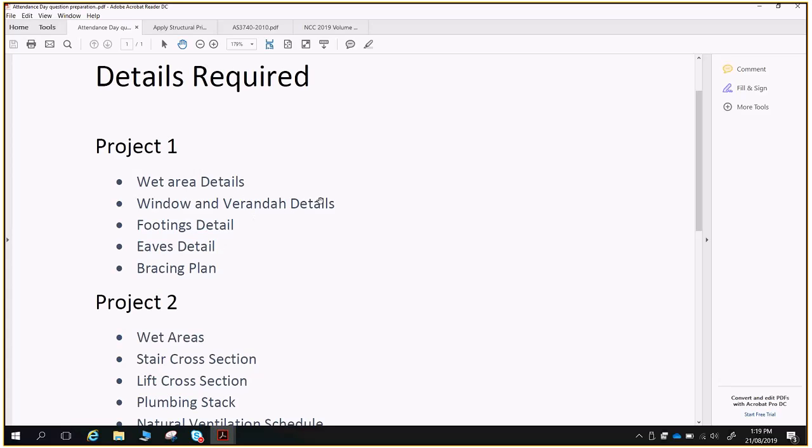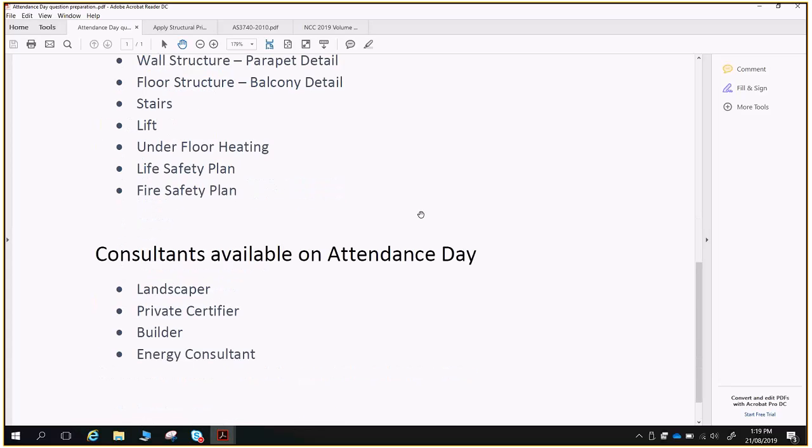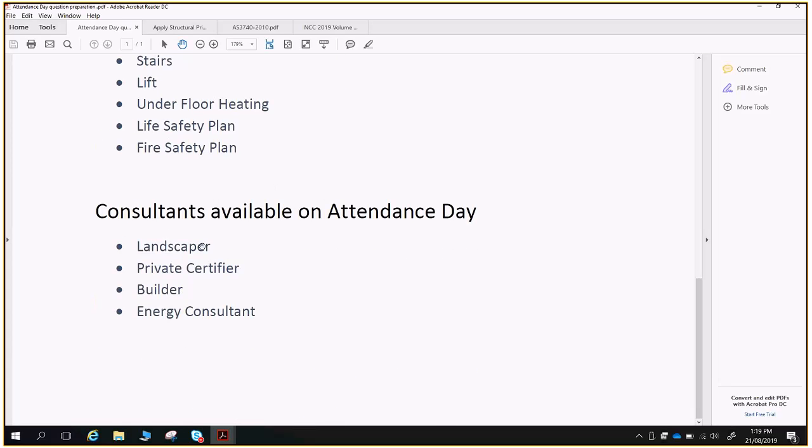On attendance day, I'll scoot down to the bottom, we've got a landscaper coming, a private certifier coming, a builder from a take here, and an energy consultant, somebody who's doing energy ratings. Now, you're required to ask questions of these professionals. You don't actually have to ask questions that only align to our projects. If you have some specific questions you'd like to ask of these people that don't necessarily align to our projects, that's still fine, because you probably have plenty of questions,